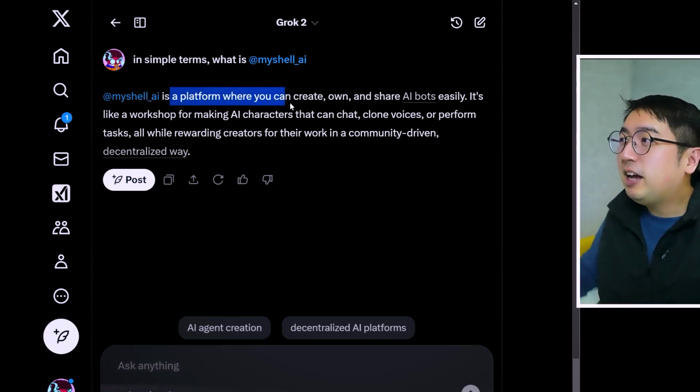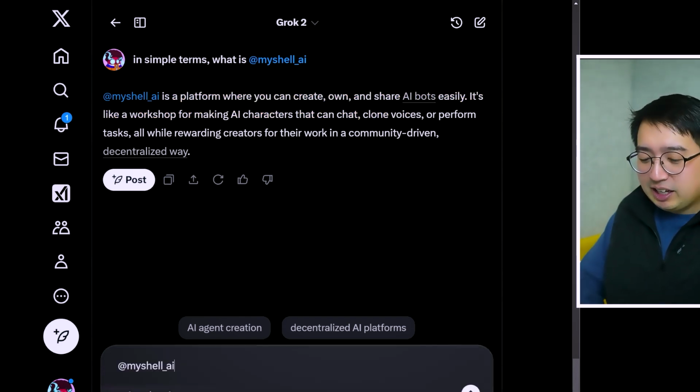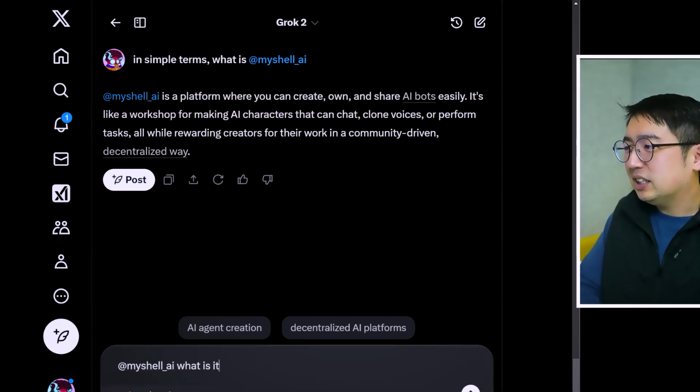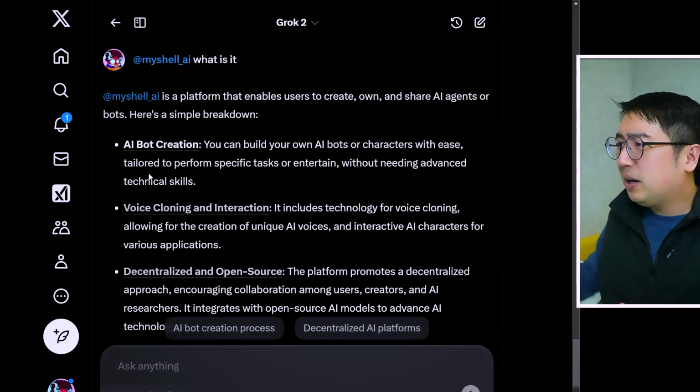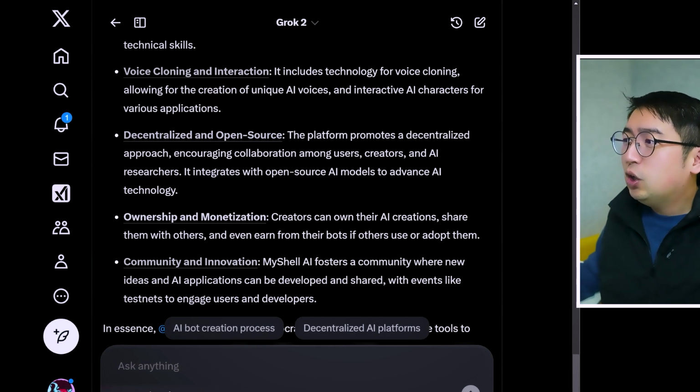MyShell AI is a platform where you can create and own and share AI bots. Okay, so give us the full details. What is it? You can create your own AI bot, voice cloning and interaction, decentralized and open source, ownership and monetization, community and innovation. Now that all sounds great, but I'm deeply involved in the AI sector